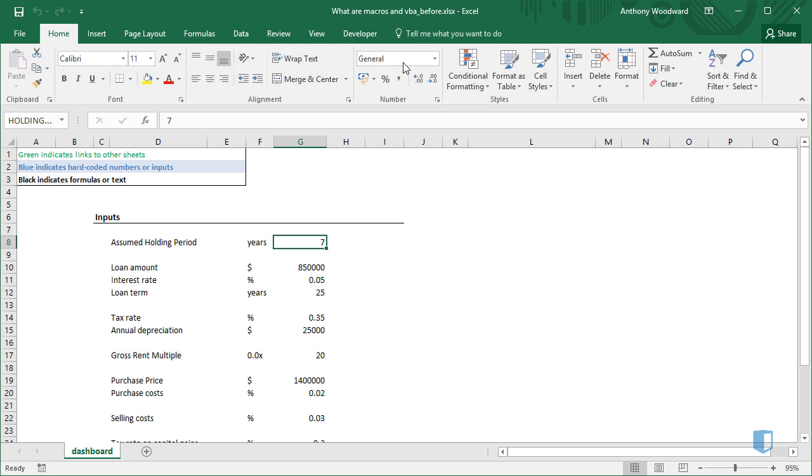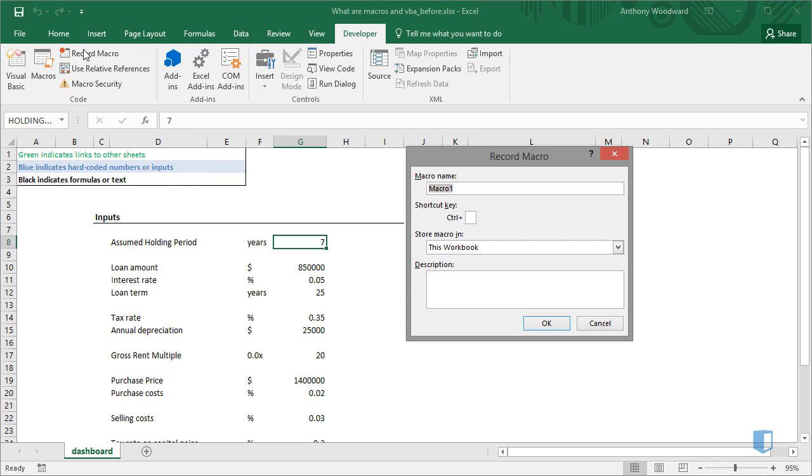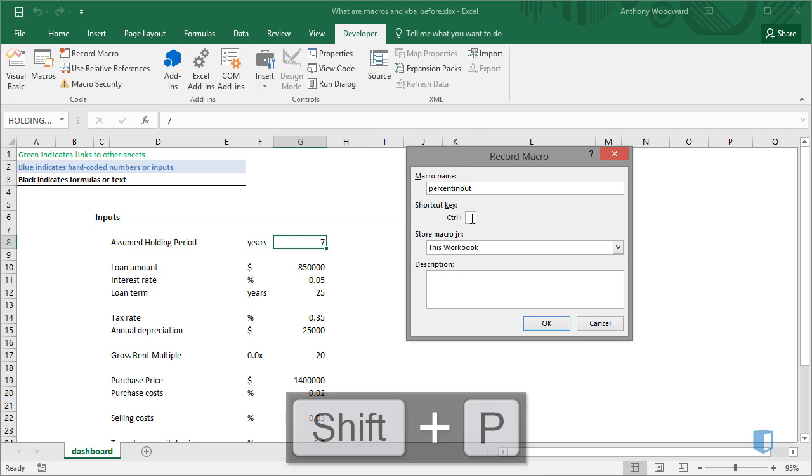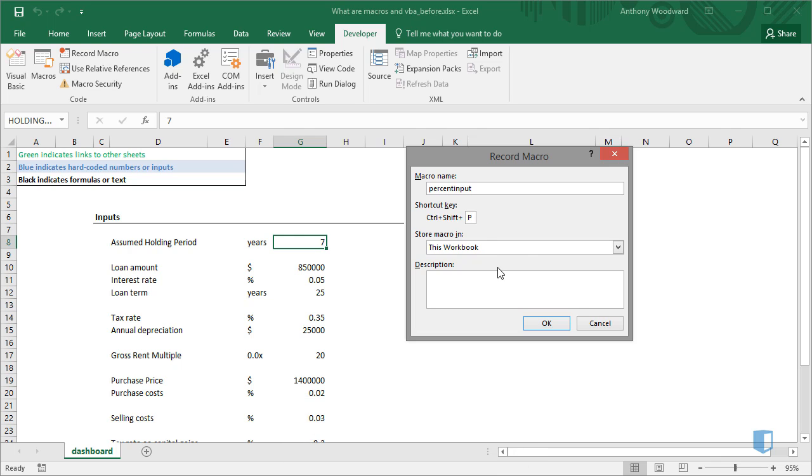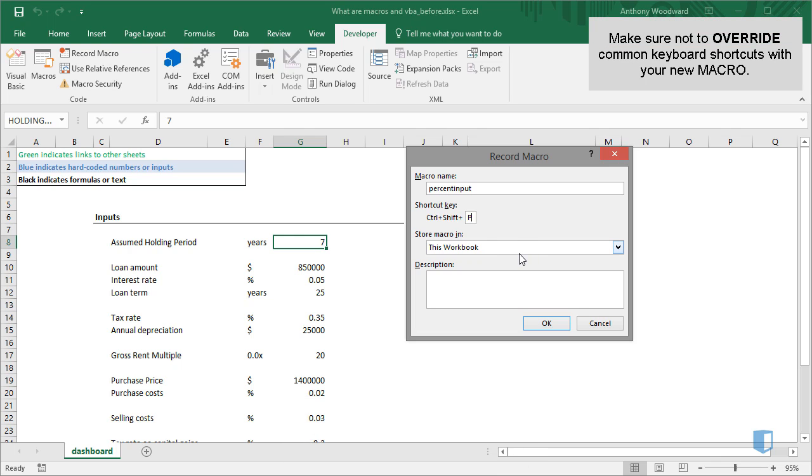To record a macro, I'll simply press the Record Macro button. I'll give the macro a name, assign it a shortcut. I'll say Ctrl-Shift-P. It's important here to make sure that you don't override any important shortcuts such as Ctrl-C when choosing a macro